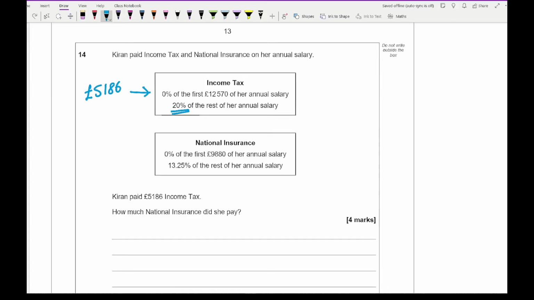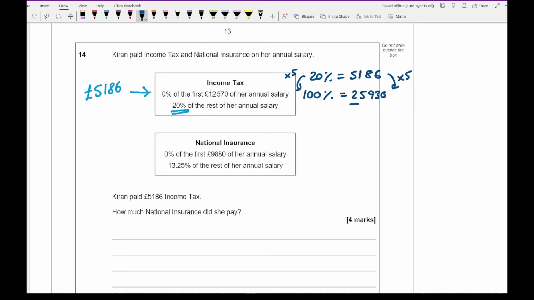If we know that 20% is 5,186, then 100% is therefore going to be, well, if we've multiplied from 20% to get to 100%, we times by 5. So 5,186 multiplied by 5 gives me a total of